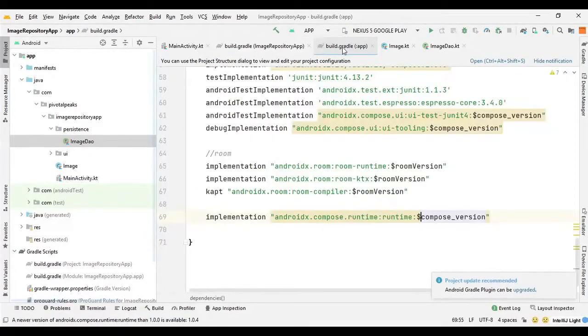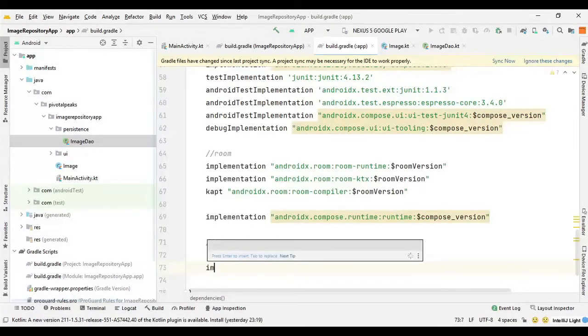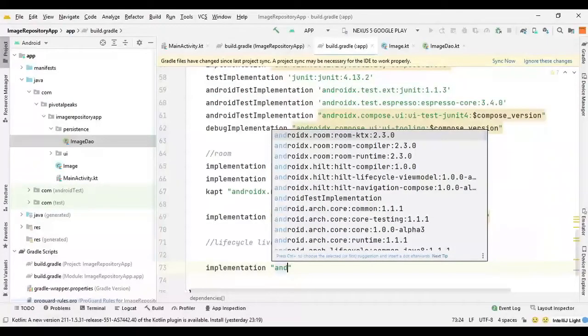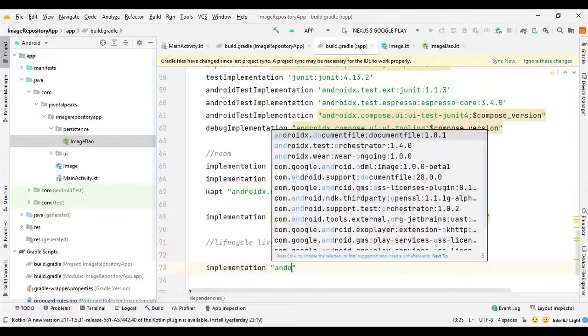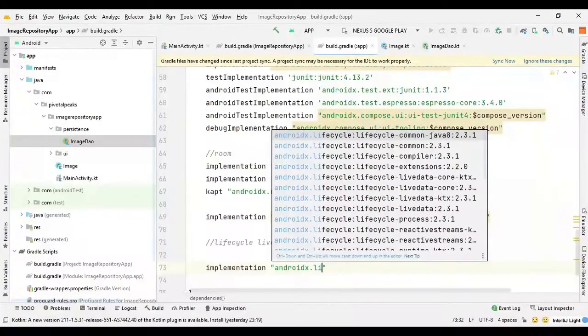Now let's define the lifecycle live data dependency in app level build. So we can say here lifecycle live data, and here we can say implementation androidx.lifecycle.